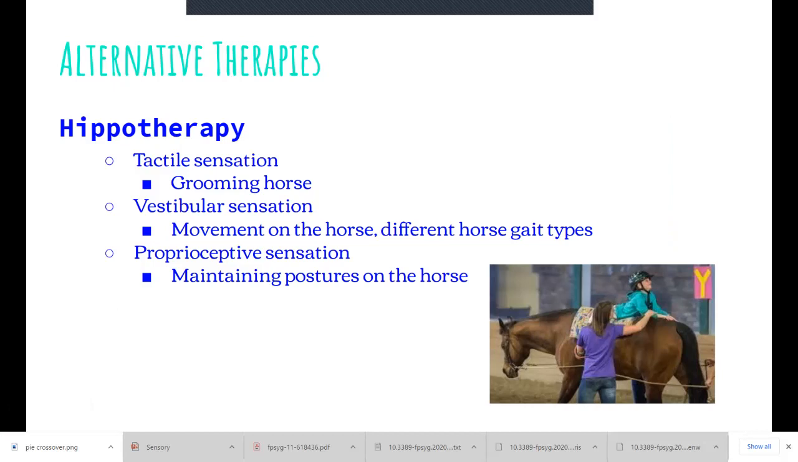Also, another alternative therapy when kids are having sensory processing disorder is hippotherapy, which we just went over this past week. So, like I said, when you initially start working with the horse, the child participates in grooming the horse. They're getting a tactile sensation. They're getting warmth from the horse. When they're up on the horse, they feel the horse's,